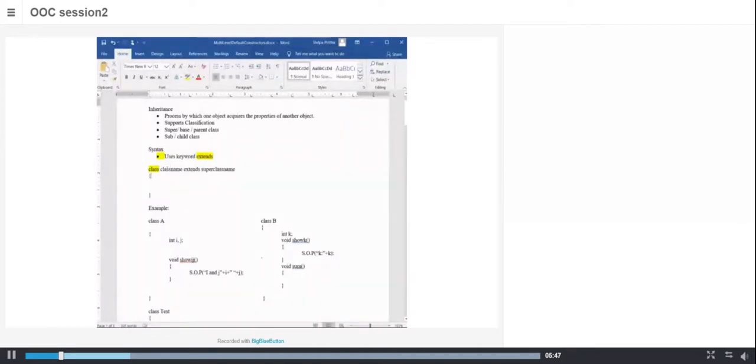Class name is a user-defined name, any class which you are creating, a normal class. So that is an identifier. Extends is a keyword, and superclass name is another class from which you are inheriting the properties. So the class name is an identifier, the superclass name is an identifier, class is a keyword and extends is a keyword.